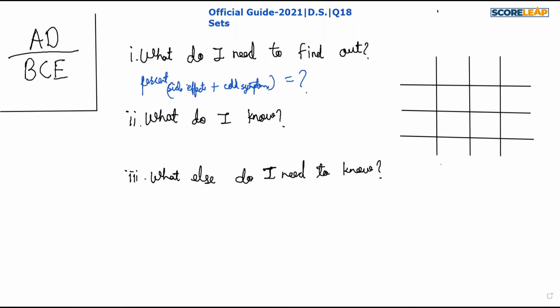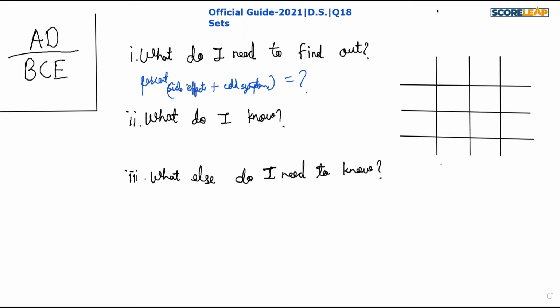What do I know? From the data, we know that in a product test of a common cold remedy, X% of the patients tested experienced side effects from the use of the drug, and Y% experienced relief of cold symptoms. So this is the data that we know. I will put this data in a box format.